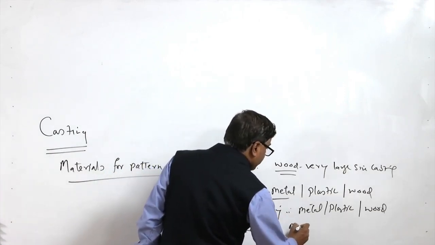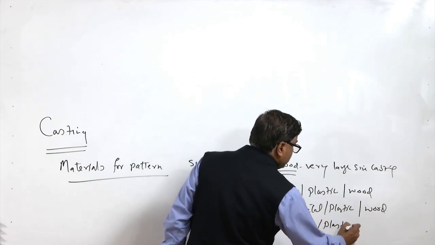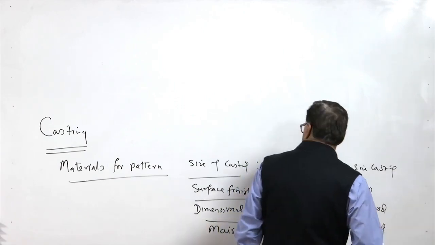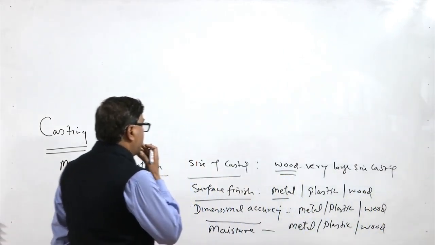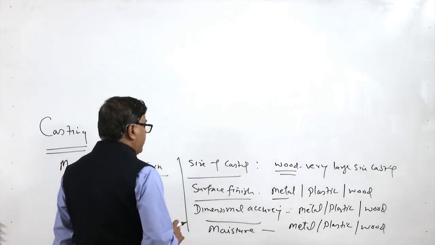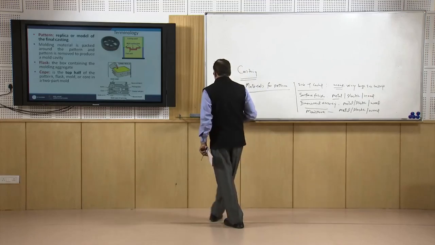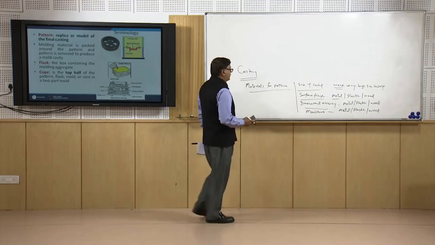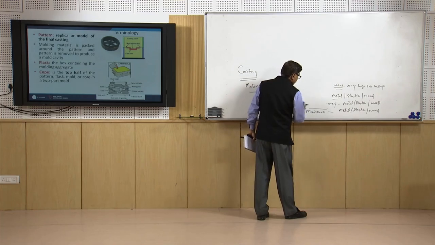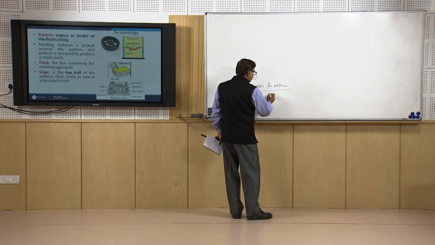It is more preferred to use the metal and the plastic patterns over the wood patterns. So, considering these points in mind, these are the factors which are normally considered for the selection of the pattern material. Now, we will talk about all three materials which are used for making the pattern and when they are preferred. So, if we talk of the wood,